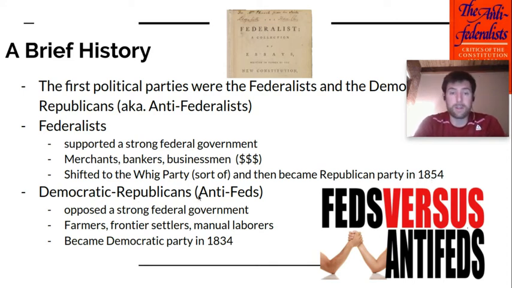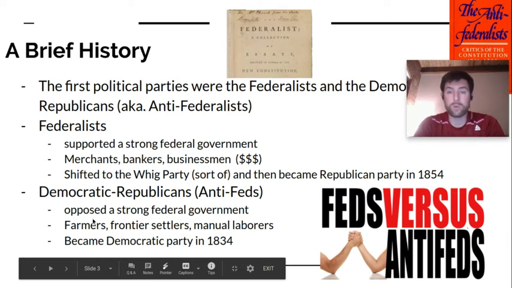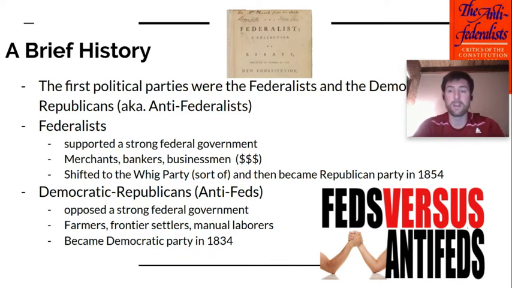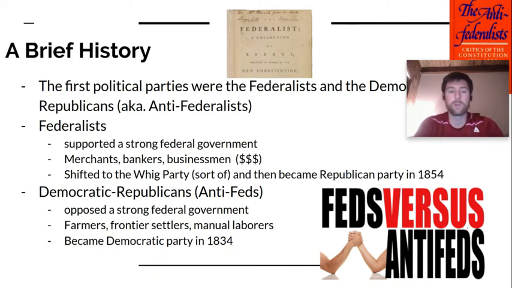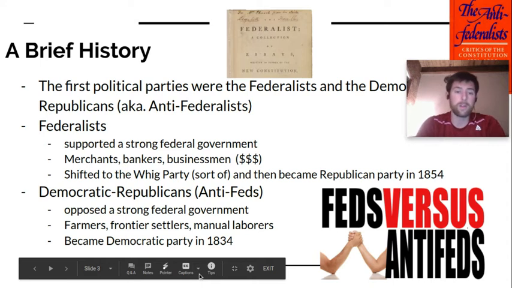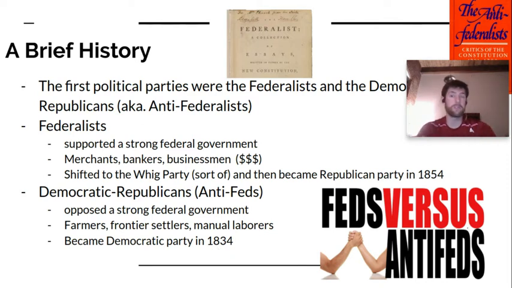The other party, the Democratic Republicans, or as we know them, the Anti-Federalists or Anti-Feds, were quite the opposite of the Federalists. If you remember, they opposed a strong federal government. They were against that. Thomas Jefferson was really the leader of the Anti-Federalists, the same person who played a very big role in pretty much writing the Constitution as a whole. So he led this group, and he and his party were supported by farmers, frontier settlers, and manual laborers. Again, people that by today's standards we would call blue collar workers. We'll get into white collar and blue collar later on. And they officially became the Democratic Party in 1834. So they started out as just the Federalists and the Anti-Federalists, but eventually they morphed into the names that we're more familiar with today as the